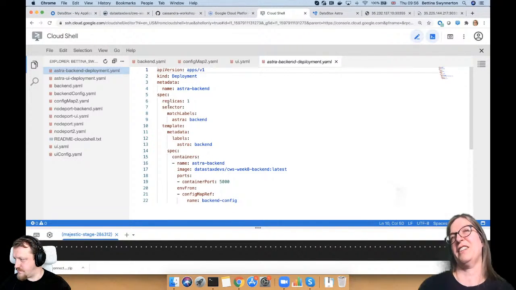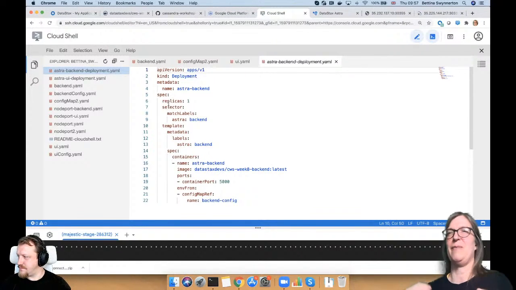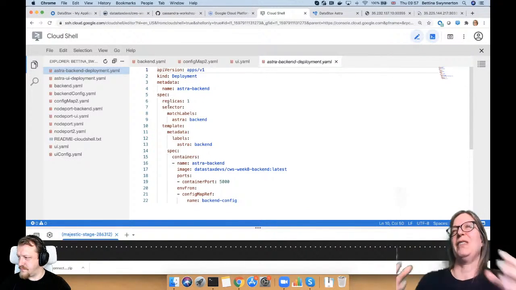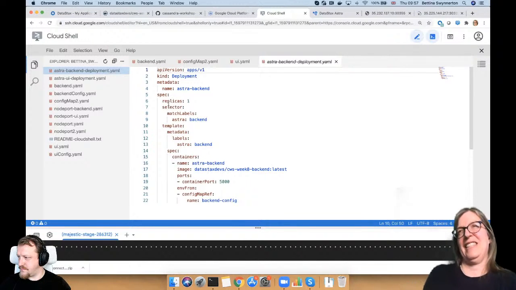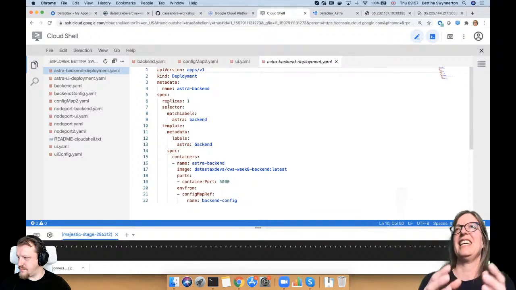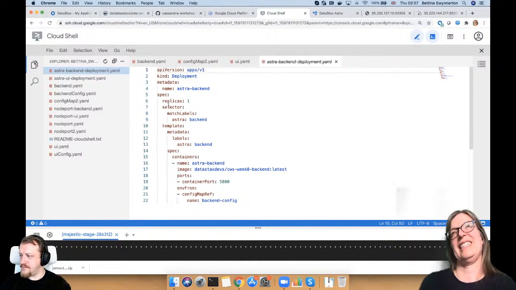And I wanted to show you that, but the architecture of the backend doesn't allow that, I'm afraid. Because you know how the backend takes the credentials in order to connect to Astra? In this case, if I have more than one replica, only one of them has the credentials, and the other one says, hey, I don't know what you're talking about. I don't know anybody in Astra, right? So it doesn't work, unfortunately, with the architecture of our backend.